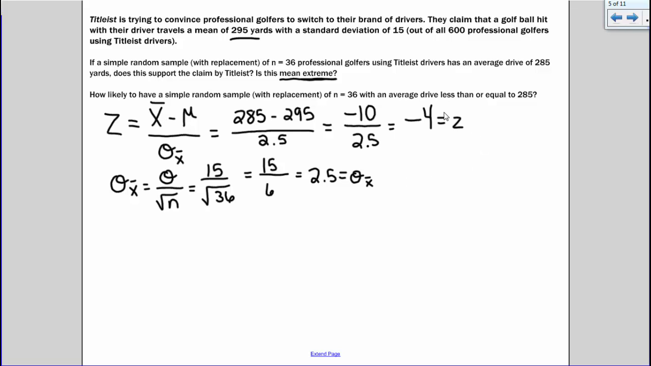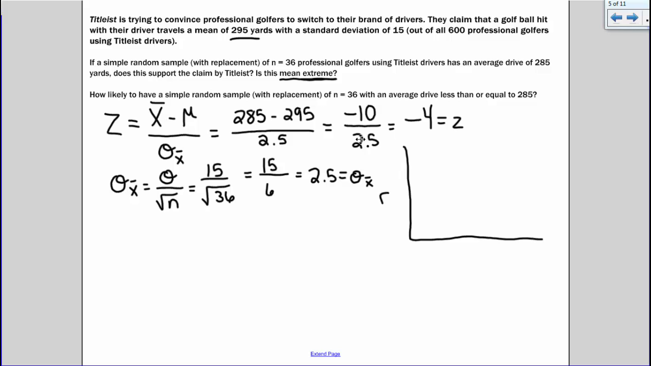So what this tells me is that the observed difference between my sample and my population is 4 times smaller than the difference we would expect to see just due to chance. So at this point, I'm not feeling too good about Titleist's claims, because if we drew this out,